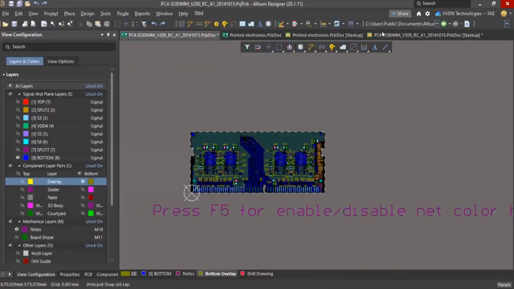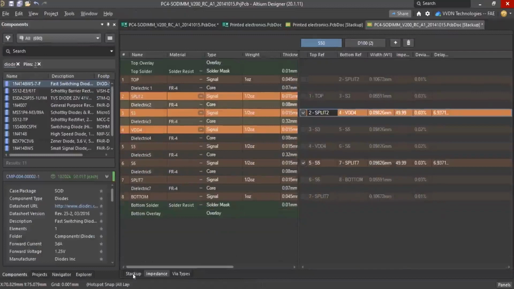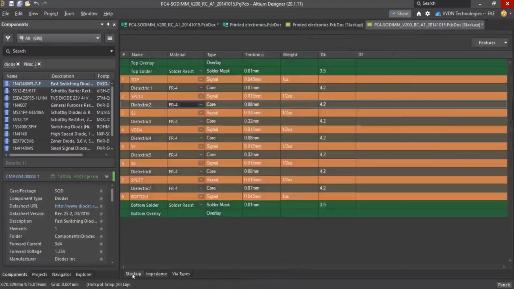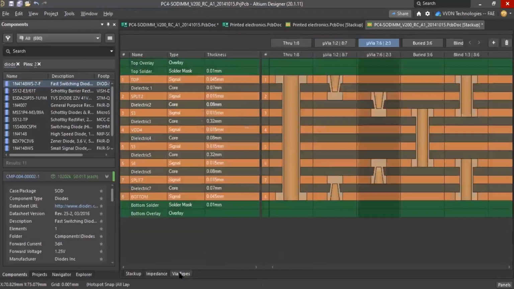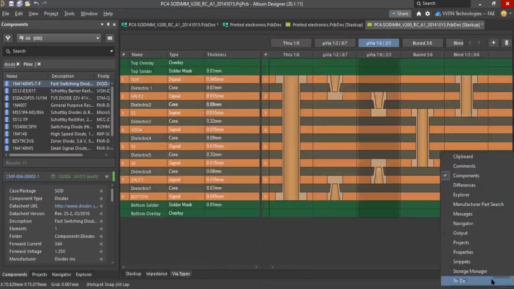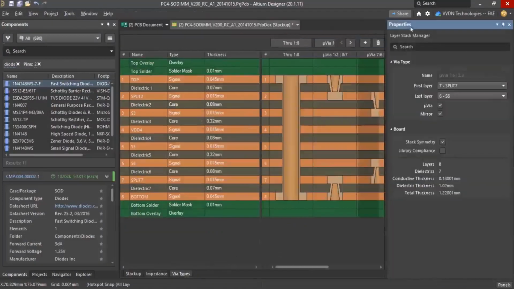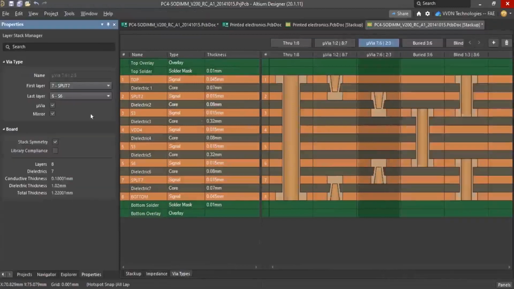Okay. So as I mentioned, there are different tabs like stack up, impedance and wire types. For each, just move this property window this side. Okay, like this.